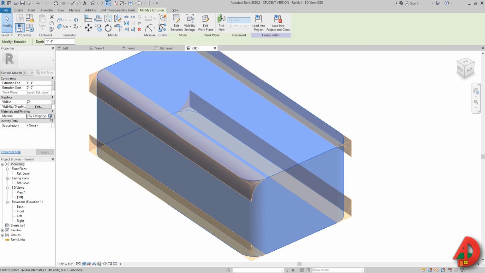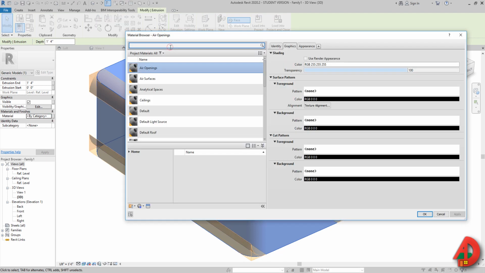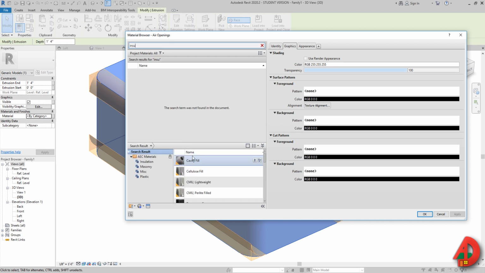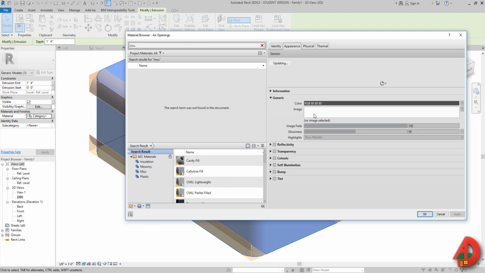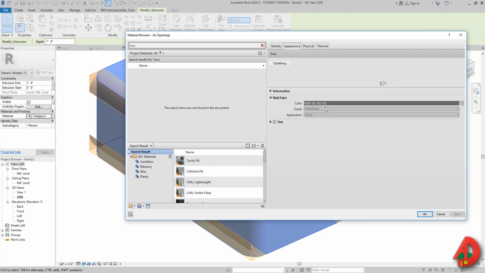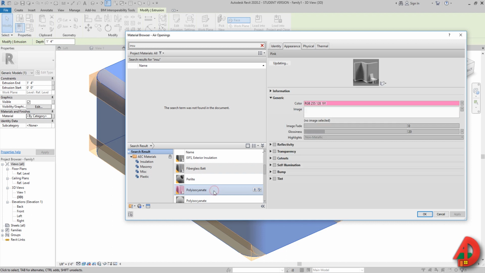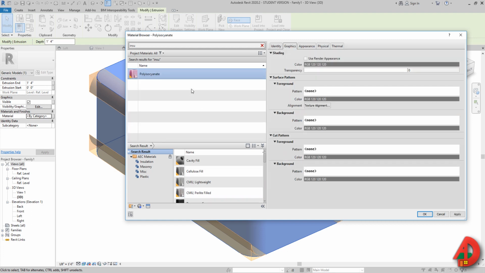So I'm going to select it, go to material. They say Strobel is a very good insulator, so I'm going to look for insulation, and you need to find an insulation which has an image right here. So for example, cellulose fill doesn't have an image, but if I go to this pink one, it has an image which is blank. So I'm going to press the up arrow to bring it into our project, duplicate it